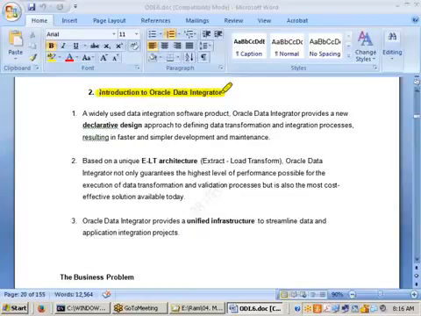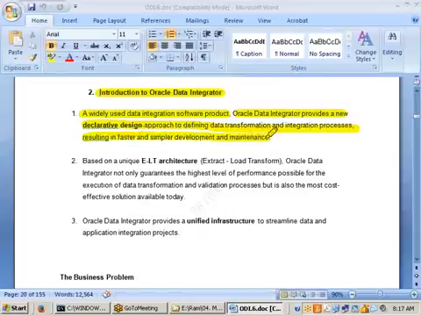The introduction points are very important to justify why ODI is best. First point: it is a widely used data integration software product. Oracle Data Integrator provides a new declarative design approach to defining data transformations and integration processes, resulting in faster and simpler development and maintenance. People are already aware of what declarative design means.